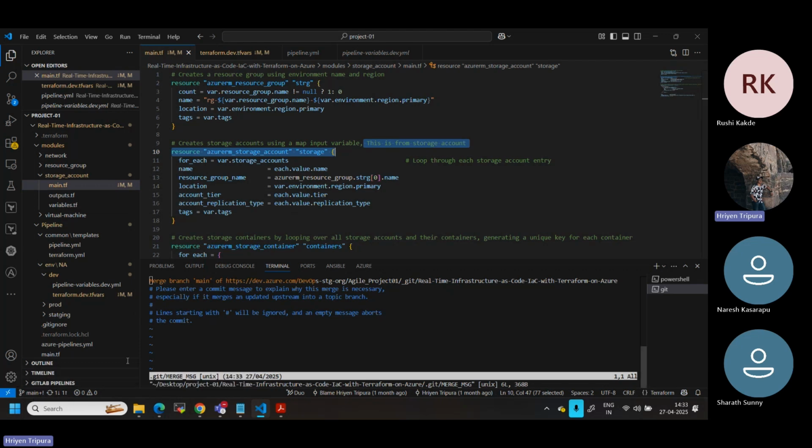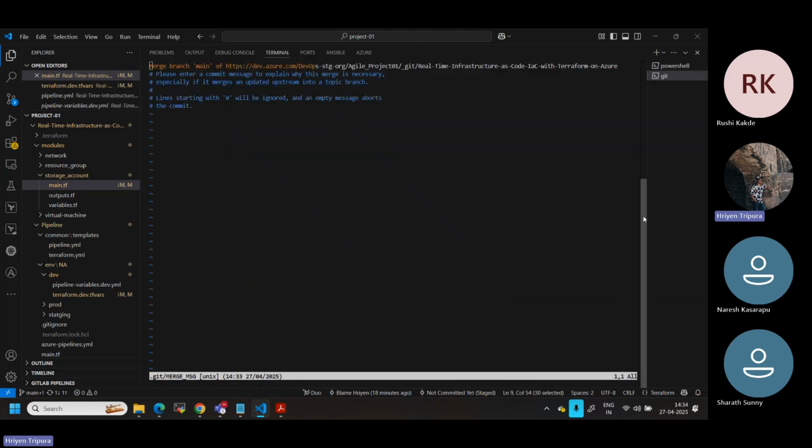Now what you have to notice here is one and one changes, basically one remote and one local. As soon as I pulled, the remote changes are now brought to your local also. That means whatever is in your remote main branch, the changes are also reflected in my local main branch. Now by default, whenever there are any changes from the remote to the local, automatically it will do something; if you see the message,